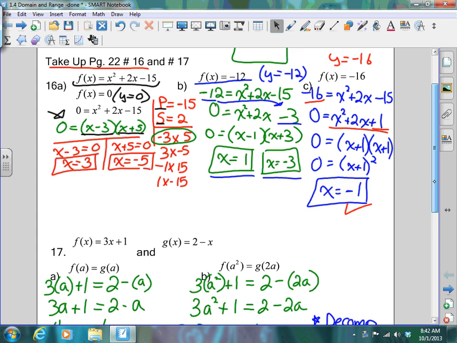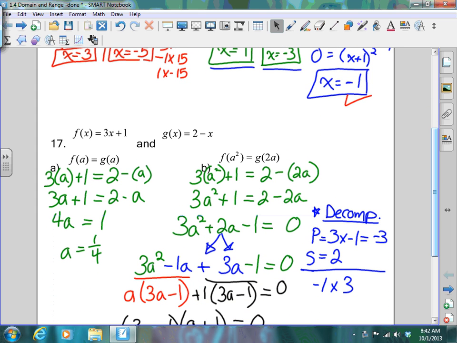Okay, moving on to 17, you're given two functions, the f at x and the g at x, ladies and gentlemen. Okay, and then what you needed to do is find out, does f at a equal g at a? So basically, the left side is your f at x function, and